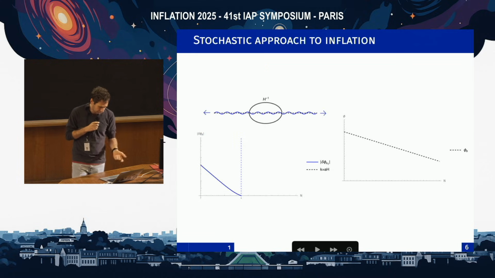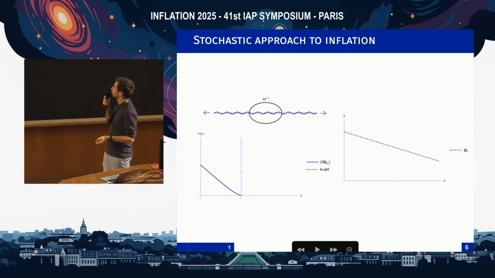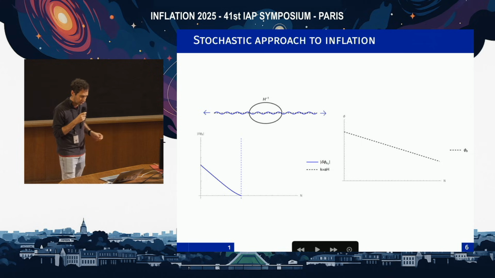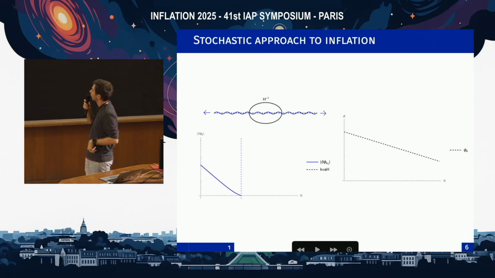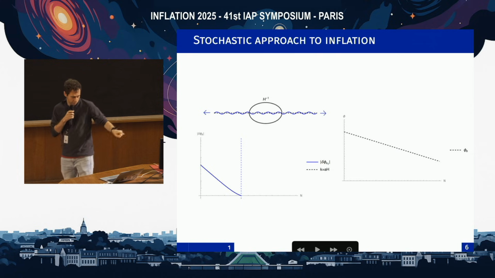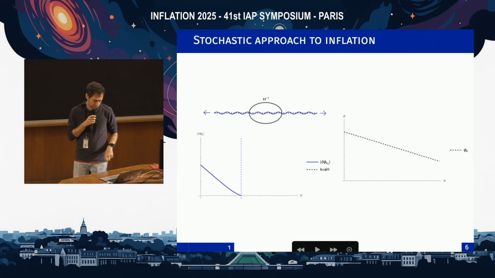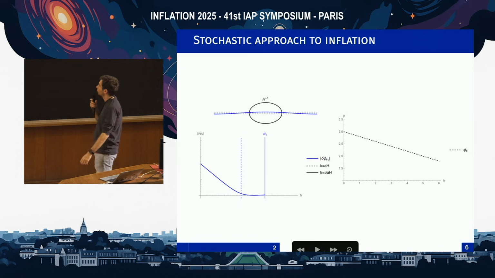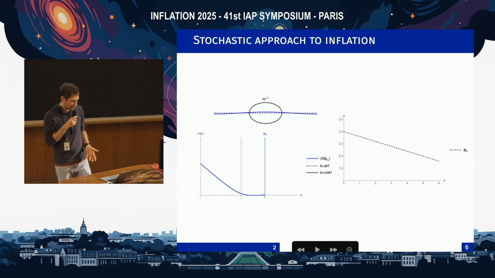So basically, how does stochastic inflation work? We have a Hubble patch and some fluctuation, which is defined in the interior of this Hubble patch. And this fluctuation, of course, will go out of this Hubble patch. You can see in the bottom how it would evolve at sub-horizon scales. And then at some point, it will reach a wavelength which is large compared with the Hubble patch.